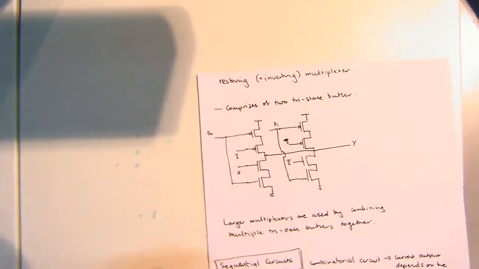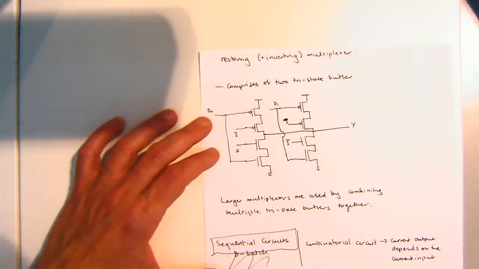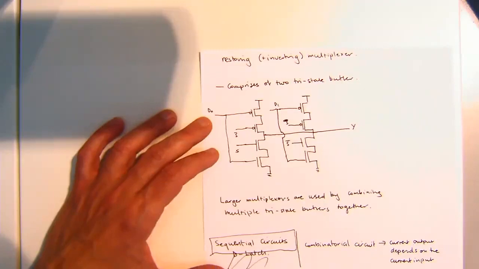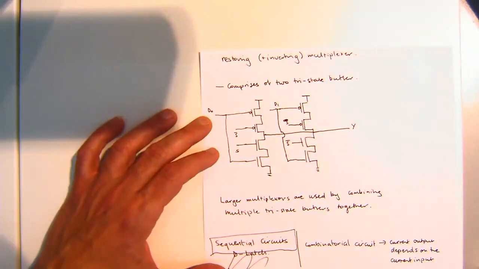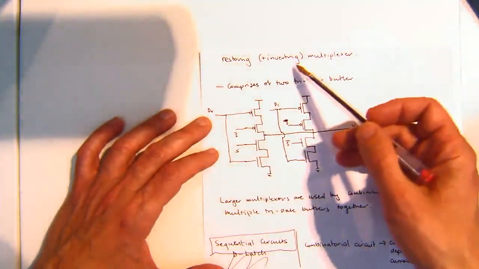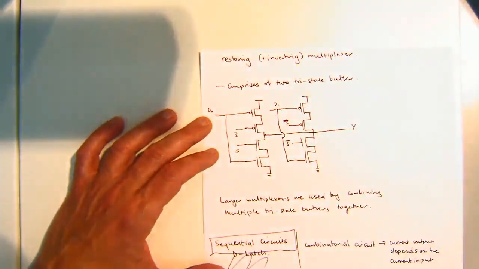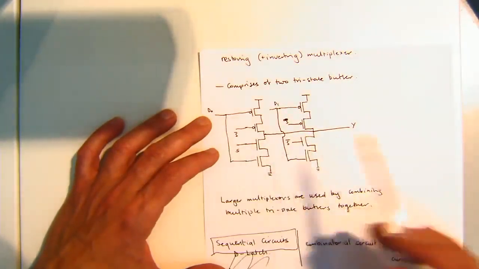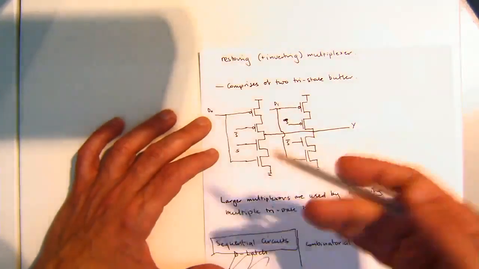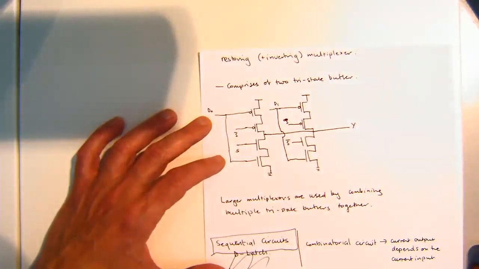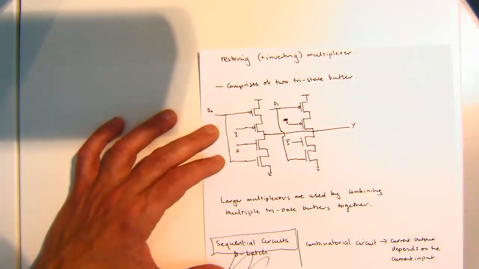And here, for everyone's benefit, because I'm sure all of you go home and build circuits, I've actually shown you how to implement a restoring, albeit inverting, multiplexer. Essentially I've used a couple of tri-state buffers to do that. So it's got a few extra elements, but again, it's a restoring rather than a non-restoring configuration, which has noise advantages